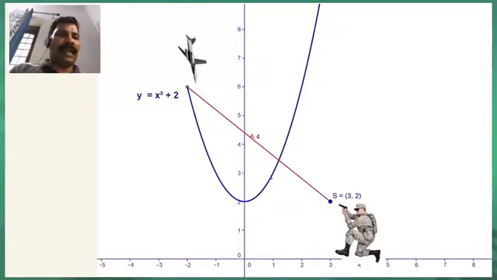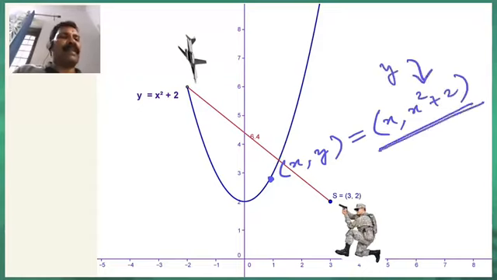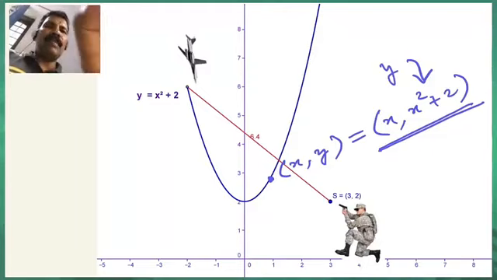Okay, consider the diagram. We don't know actually which is the nearest point, but let it be the nearest point, having the coordinates say (x, y). What is y here? That is x squared plus 2. So we can take the nearest point on the curve as (x, x squared plus 2), so that the minimum distance will be